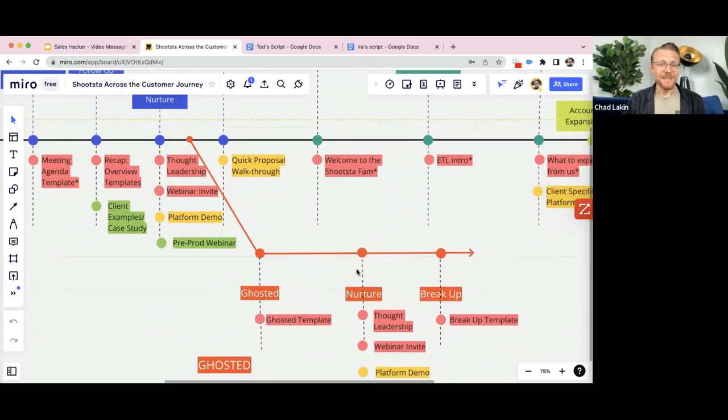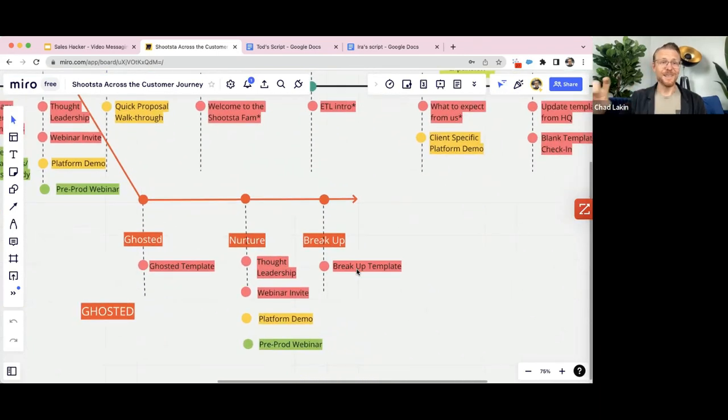One of my favorites is down here. If you look at what you should be doing in the ghosting phase as well, clients you're not getting a response from, make them a quick video. I did one with a prospect. It was a big deal. He was just terrible at returning calls. And this is winter. I'm in San Diego. Weather's beautiful. I go to my backyard. I send him a video.